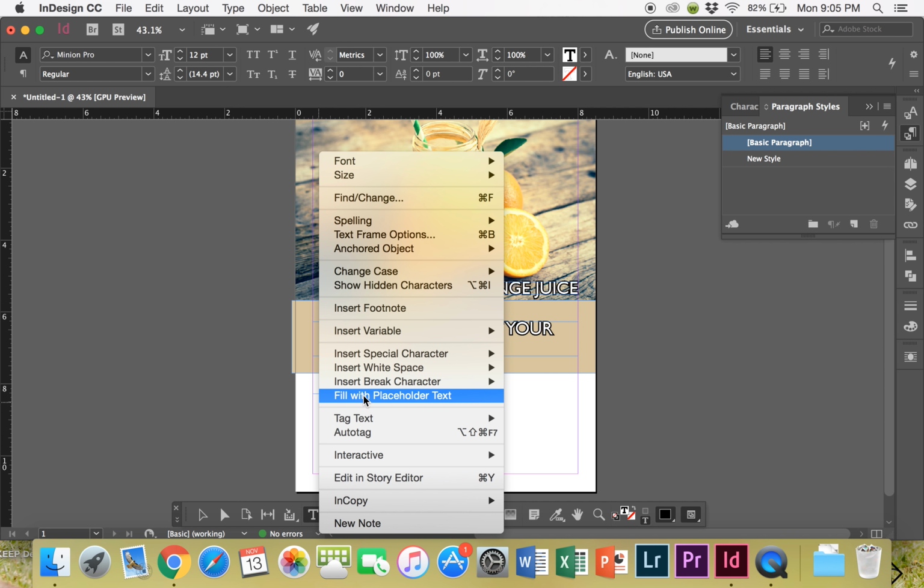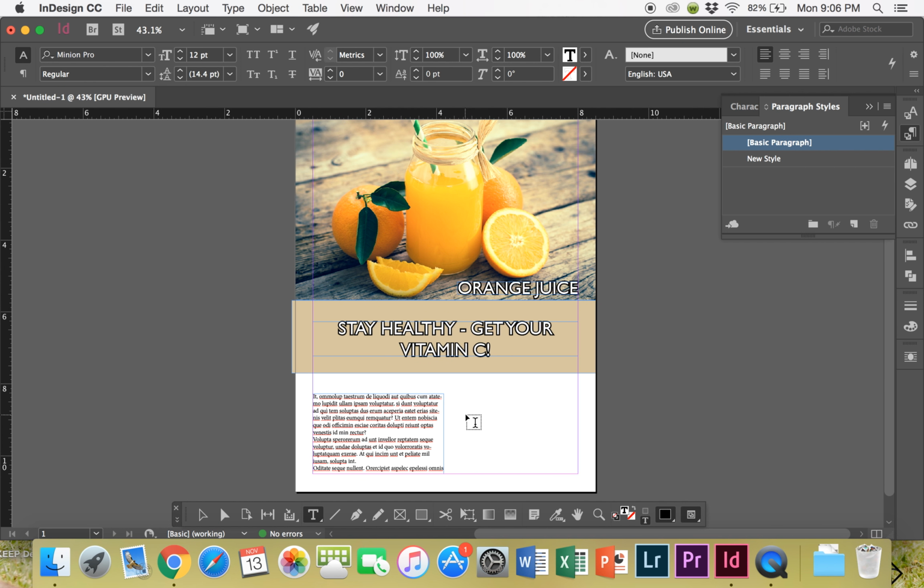And so after we have that, we're also going to add another picture down here. Since we're at the University of Florida, we're going to put the IFAS logo as well. So you're going to go back to File, and then go back to Place, and then the UF IFAS logo is right here where our Adobe stock photo also was. So we're going to click on that again, click Open, and